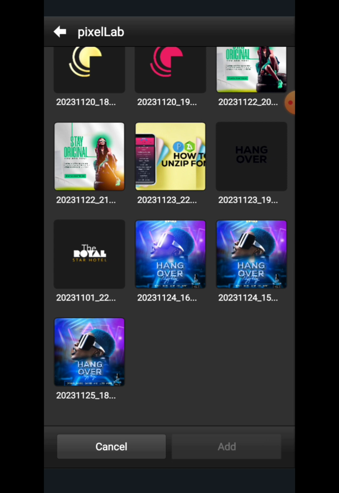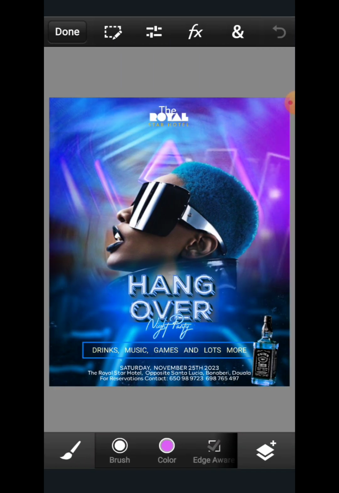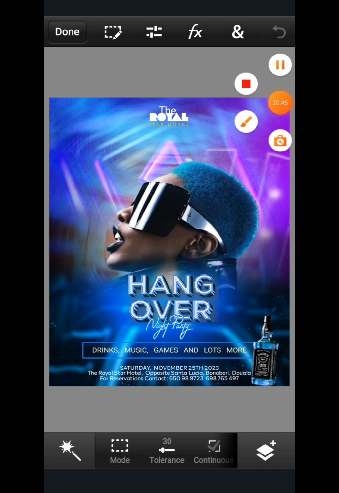So I have this. Okay, it was this one. Good. So we're going to bring this now into our PSCC Touch application. Now guys, after bringing in your design into the PSCC Touch application, how do we add the lens flare now